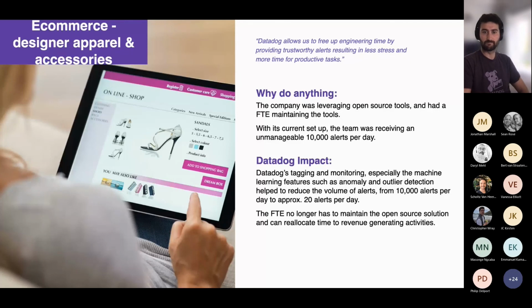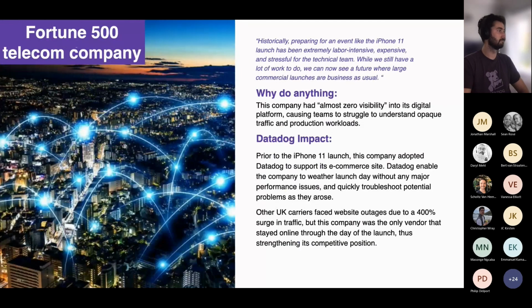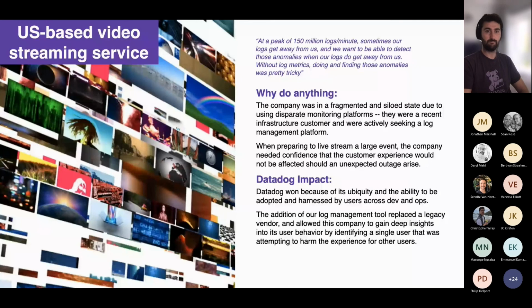We also have an example from a Fortune 500 telecom company. And really what I'm trying to get across here is that whether you're a small company or a large Fortune 500 telecom company, Datadog can help you. This example is from a US-based video streaming service, which I found was personally very interesting. At a peak of 150 million logs per minute, sometimes our logs get away from us,